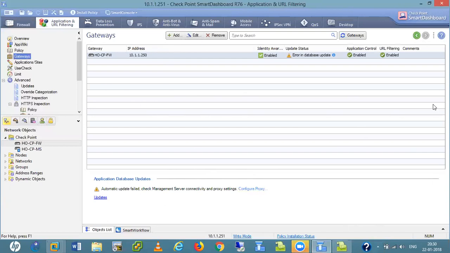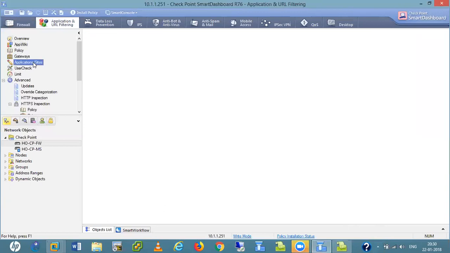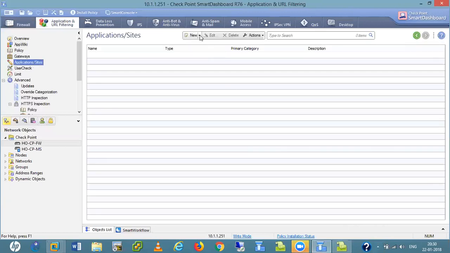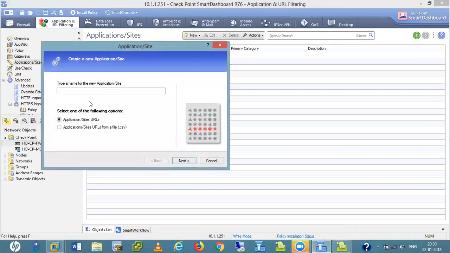We can also directly add the gateway here. These are the applications and sites. Here we can write our own rules, like if we have one application related to our company, or we have some websites, we can also call it here, like my company application and sites.